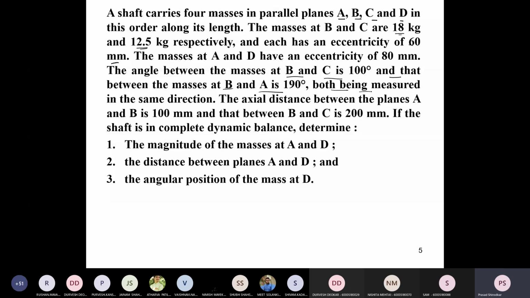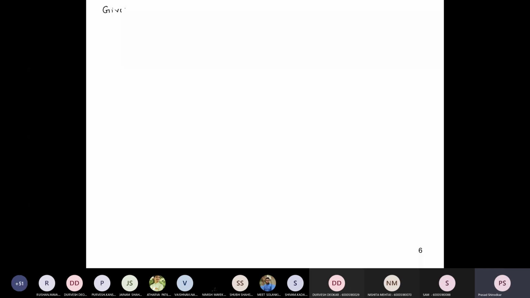RA is equal to RD is equal to 80 mm, which is equal to 0.08 meters. So if you are writing all this data on a separate page or sheet,